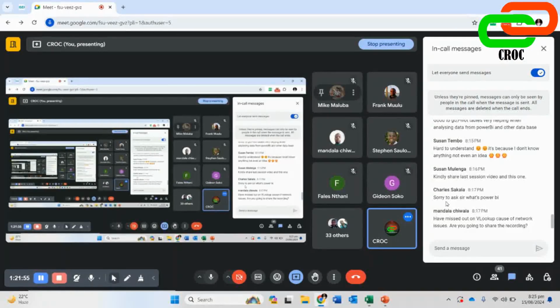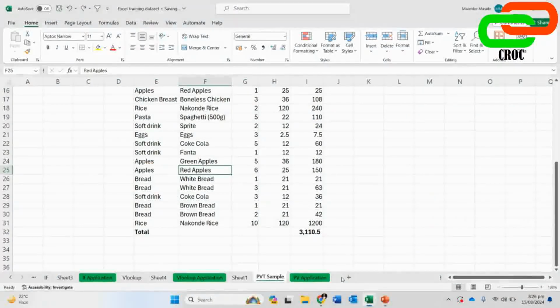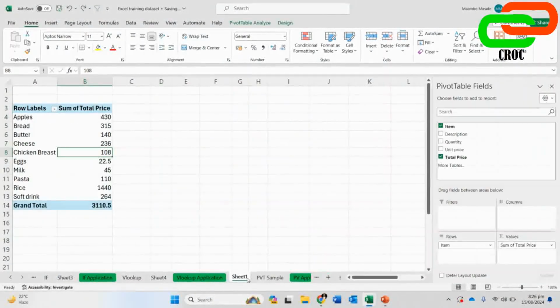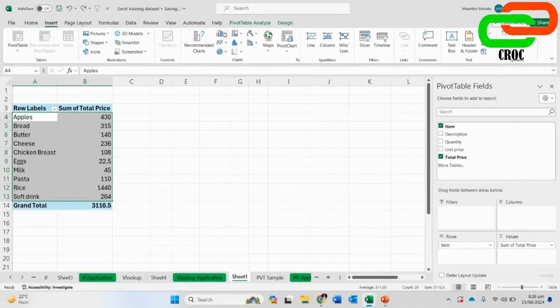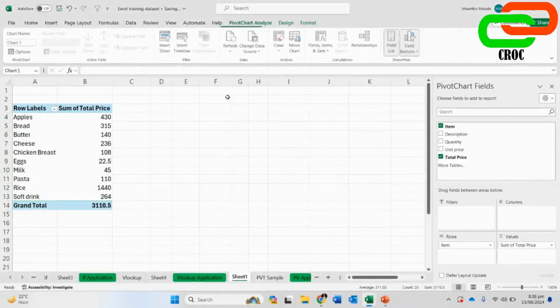Charles, sorry sir, what's Power BI? In a nutshell, Charles, Power BI is a visual analysis tool that helps us analyze data visually. A quick example of Power BI in Excel, it's not Excel though, I just want to give you an example. We have this data, right? If I insert,